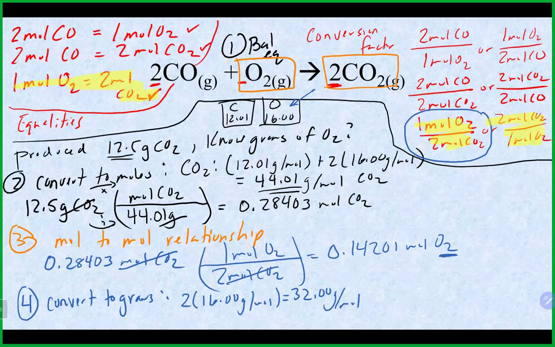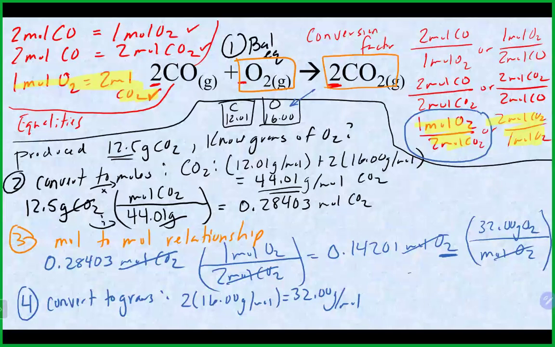I'm going to use that as my conversion factor. I'm actually going to do it right here, I think. And in this case, we want moles on the bottom so that they cancel. And we want the 32 grams up on top. This is going to cancel. And that would get us here